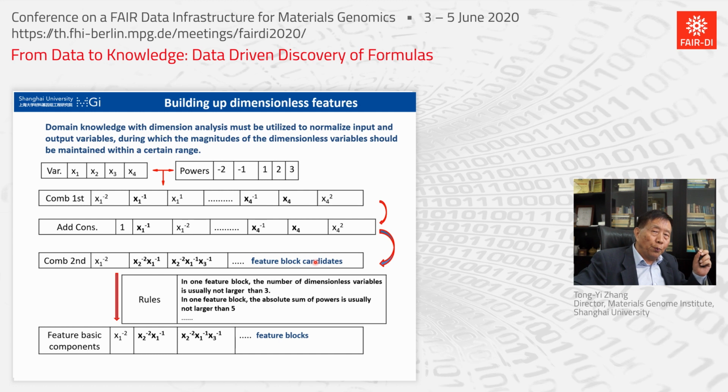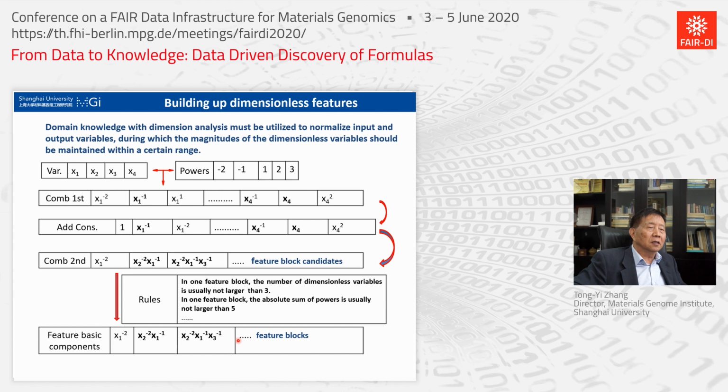So now we have to build up some rules. These rules are very much adjustable. You can put in your own rule. In our current rule, in one feature block, the number of dimensionless variables is usually not larger than 3, and the absolute sum of powers is usually not larger than 5. Why do we want to make those rules? We want to make our computation feasible. So now after we use this rule, we will get